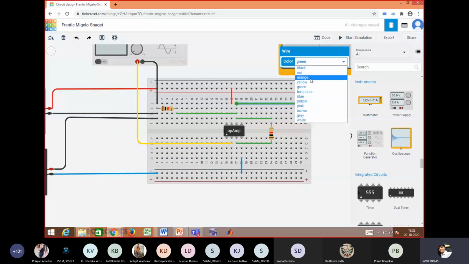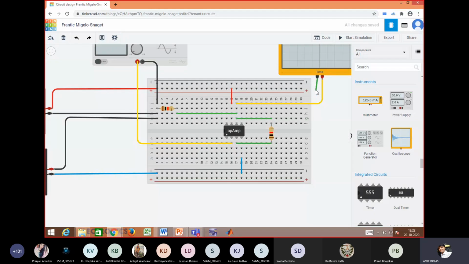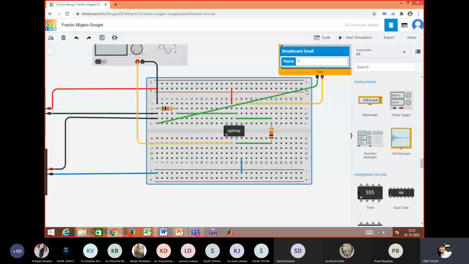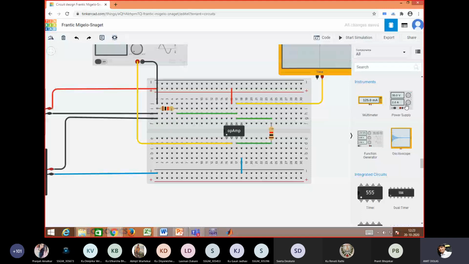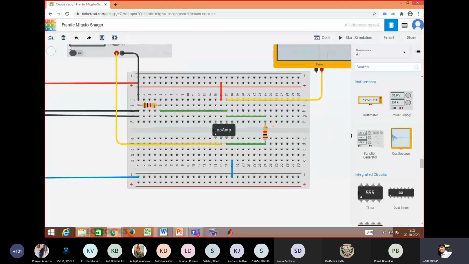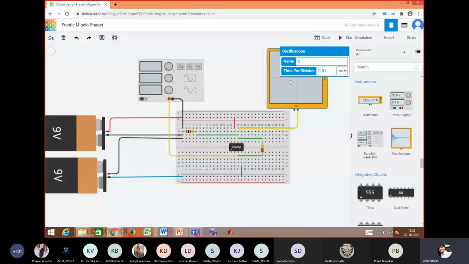We may choose certain color, say yellow. Another one is the black. What I need is the black, which is somewhere here. You can see. So this is the ground. I shall connect it in good fashion. So this is the oscilloscope.